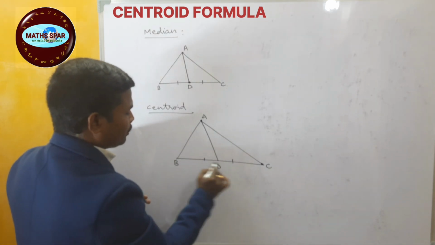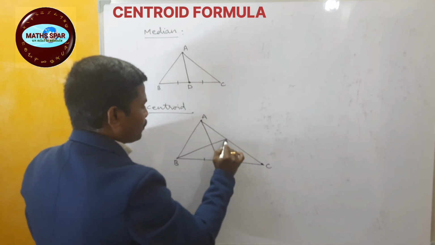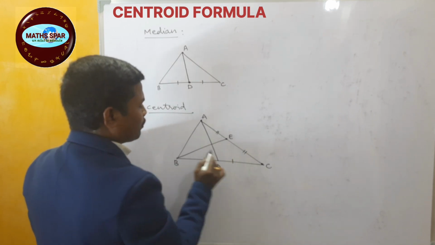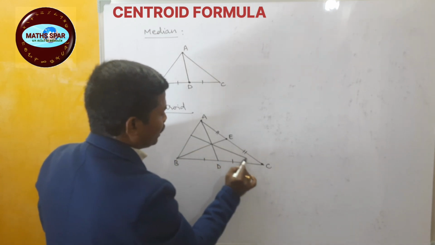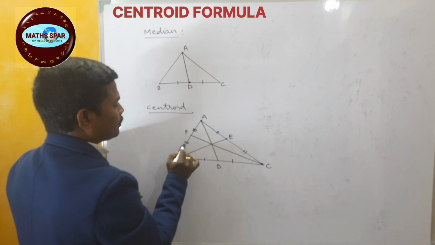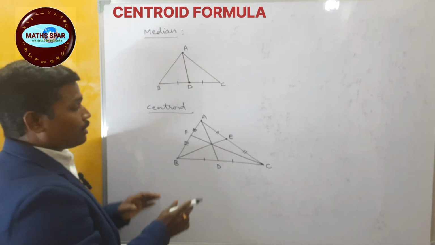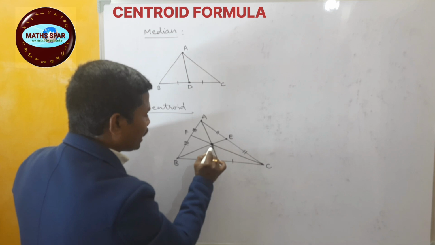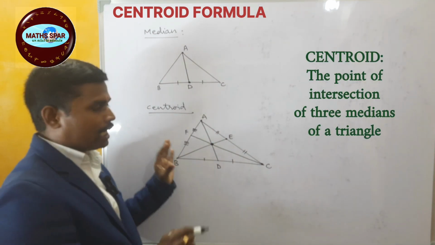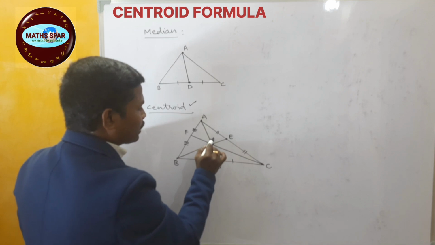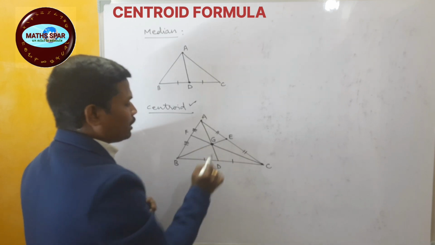AD is one median, BE is the other median, and CF is the third median. So the point of intersection of the three medians of a triangle is called the centroid, and that centroid is represented by